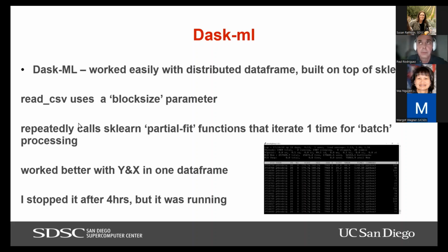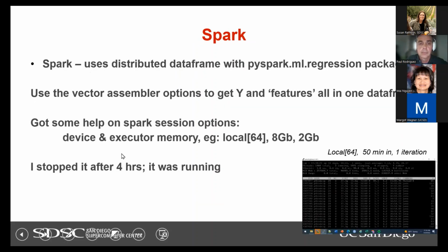If you remember back to the slide where I was showing regression problems, stochastic gradient descents just take a lot longer than when you can solve a problem analytically. Spark, Mai's going to talk a lot more about Spark. It does have a machine learning package that has a lasso feature. Again, I think it's based on stochastic gradient descent, and Mai's going to talk more about these options. It was also running for a while, and again, I didn't let it finish, so I'm not quite sure how long it was taking.